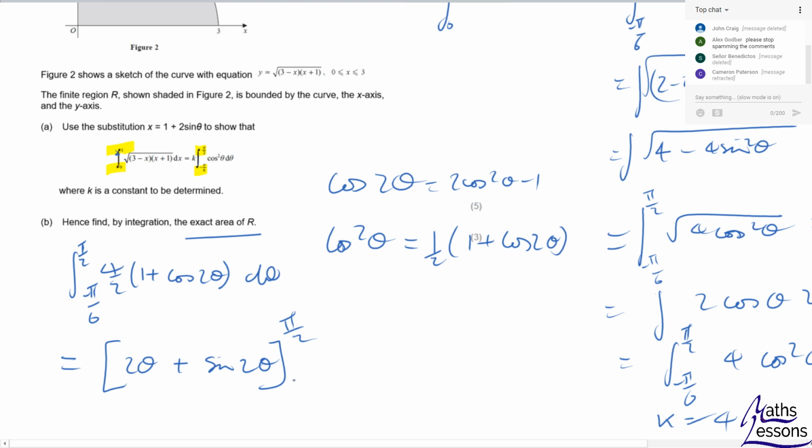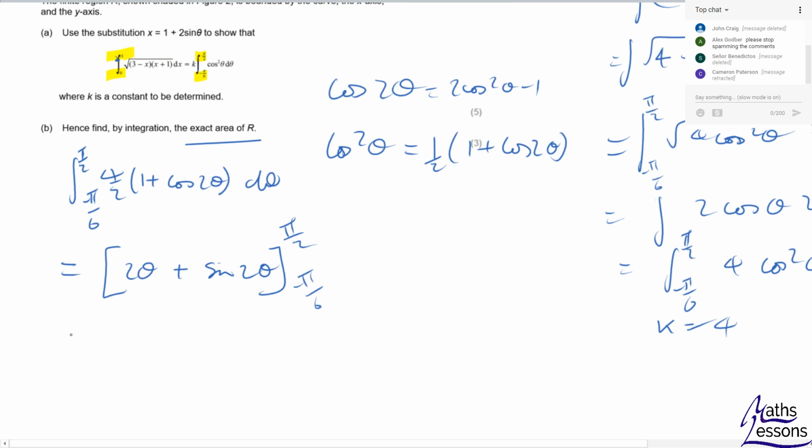Between pi by 2 and minus pi by 6. Put in pi by 2. 2 times pi by 2 is pi. Plus 0. Pi by 2 times 2 is pi. Sine of pi is 0. And you should know these off by heart, just like that. Minus pi by 6, so I'm going to get that times by 2, so that's going to be minus pi by 3. And then we're going to put minus pi by 6 into here, so that's minus pi by 3,